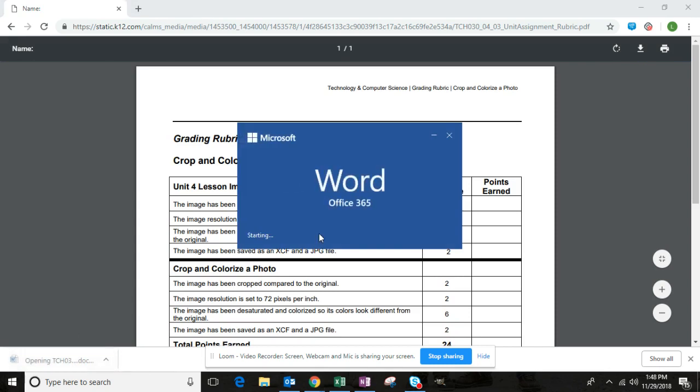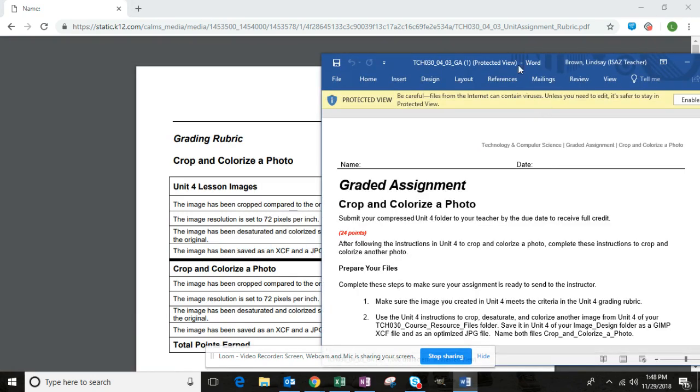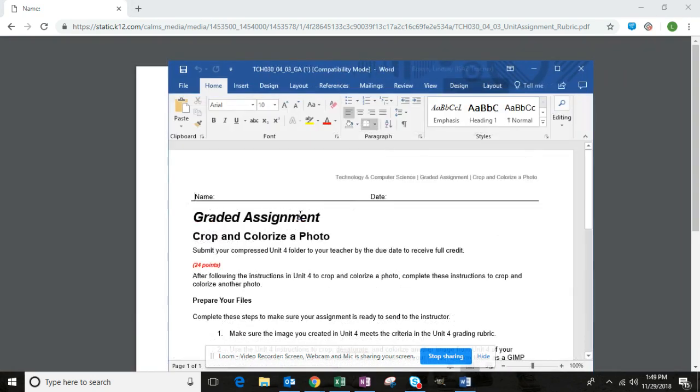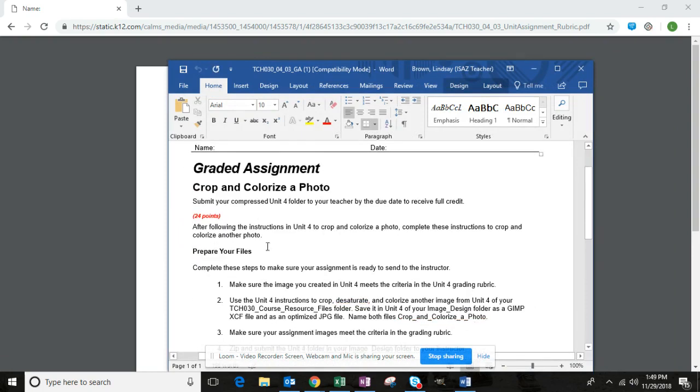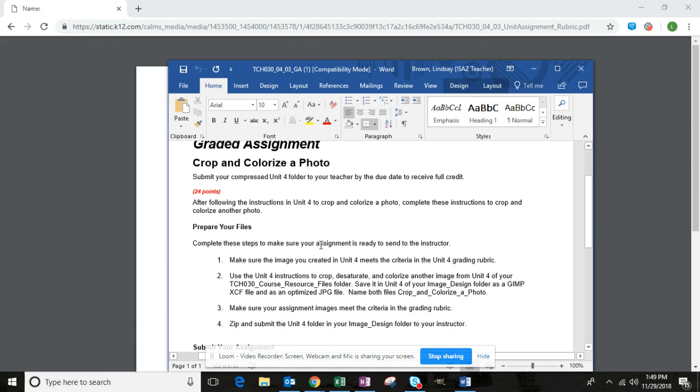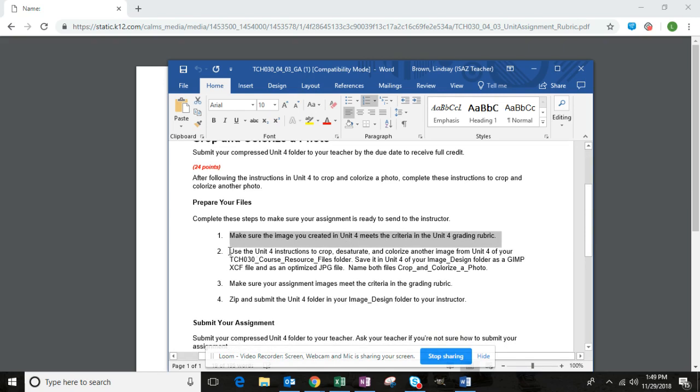So let's take a look at the digital materials first. This is a checklist. This digital material document is really a checklist of what you need to have completed and what you submit. So make sure the image you created in Unit 4 meets the criteria in the grading rubric. I'll explain what the image in Unit 4 means. And then you're going to do a second image using the Unit 4 instructions, and it tells you what to do